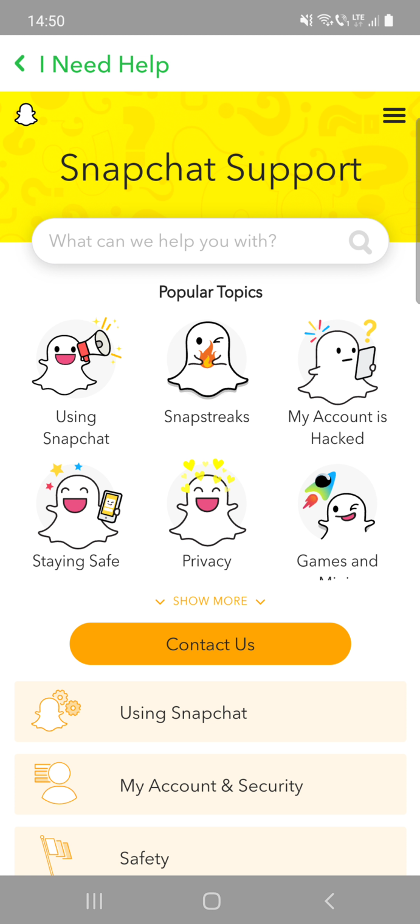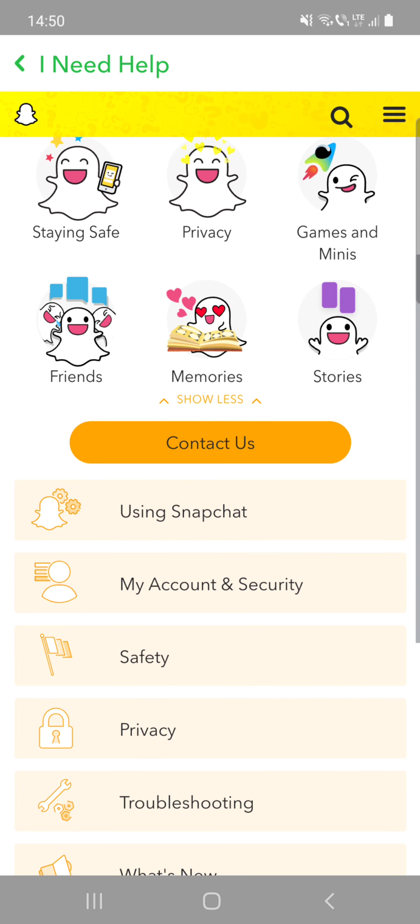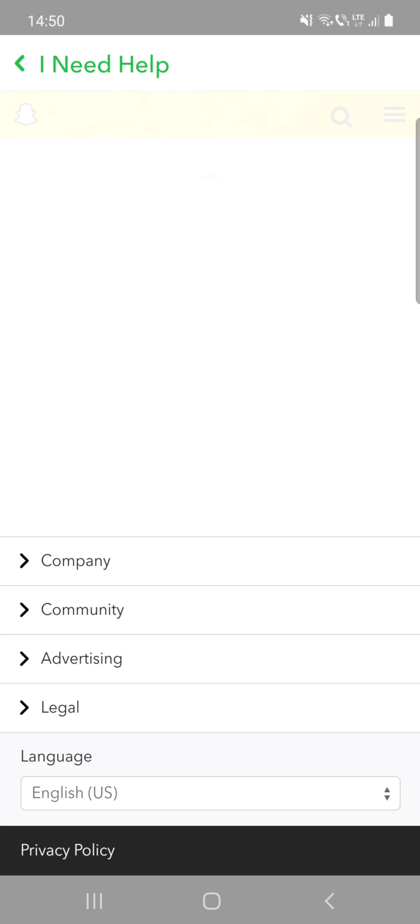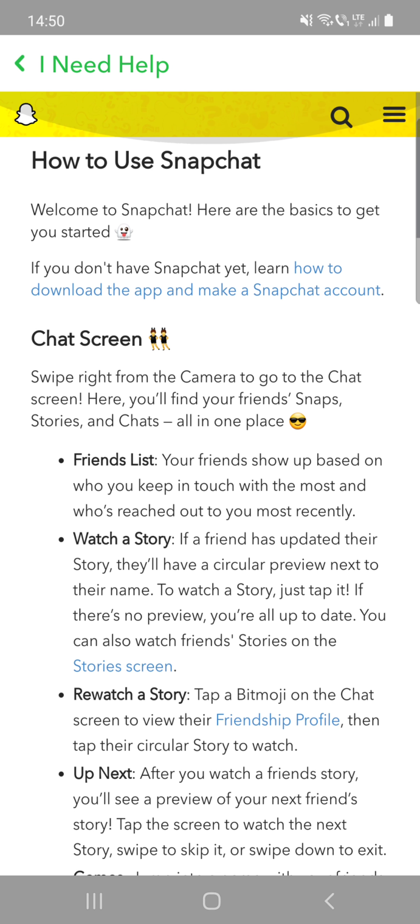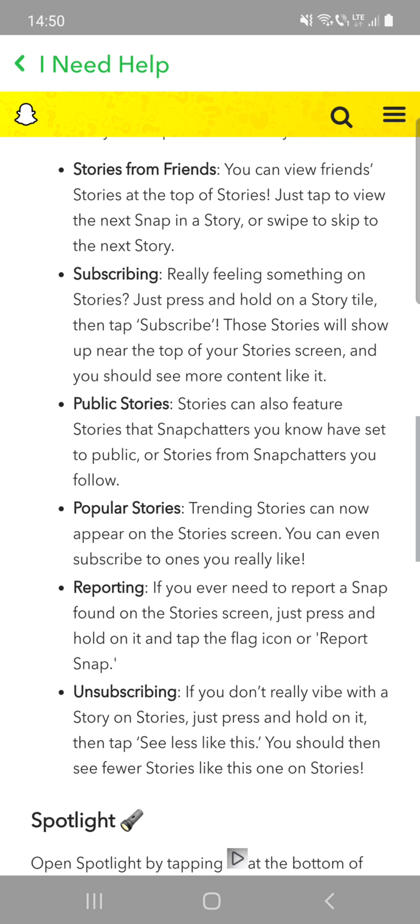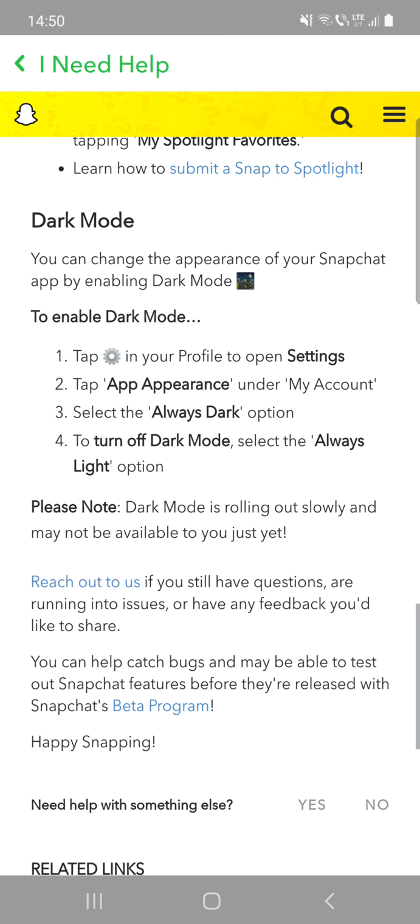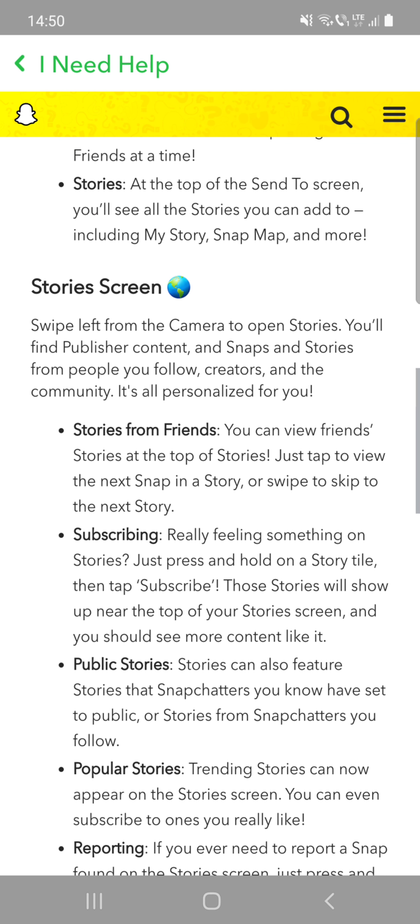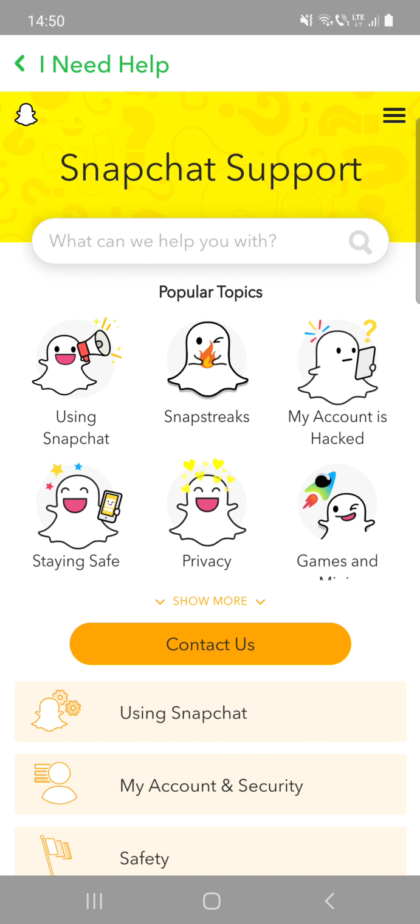Click on that, and you will have the popular topics like using Snapchat, Snapstreaks, my account is hacked, staying safe, privacy, and so on and so forth. And if you click on that, like using Snapchat, here you will have all the explanation you need for the app. So you can check this out if you have